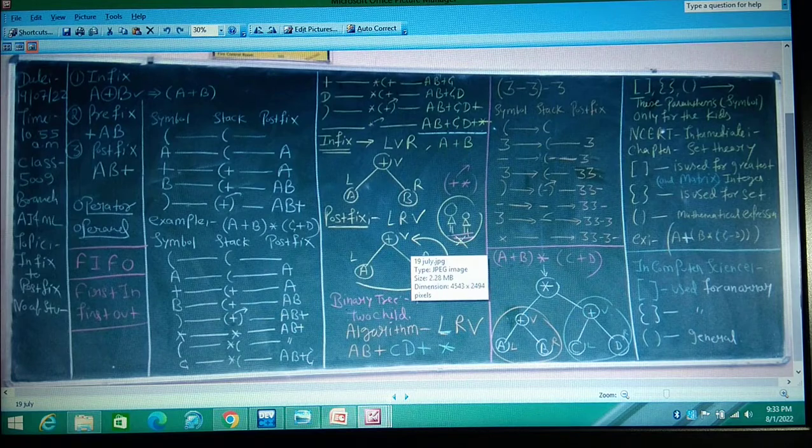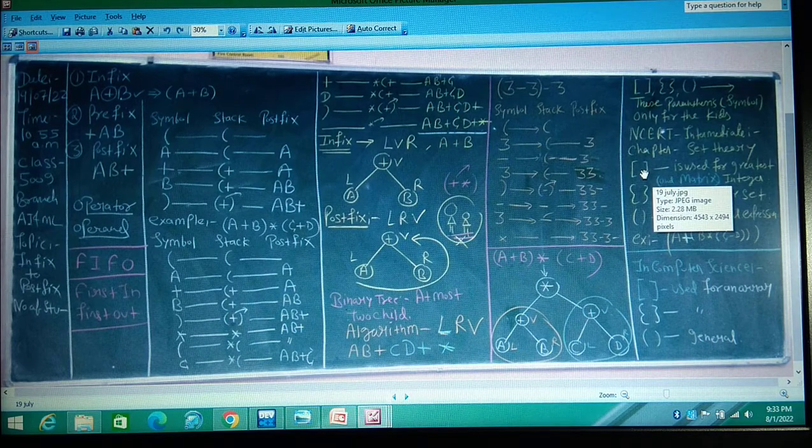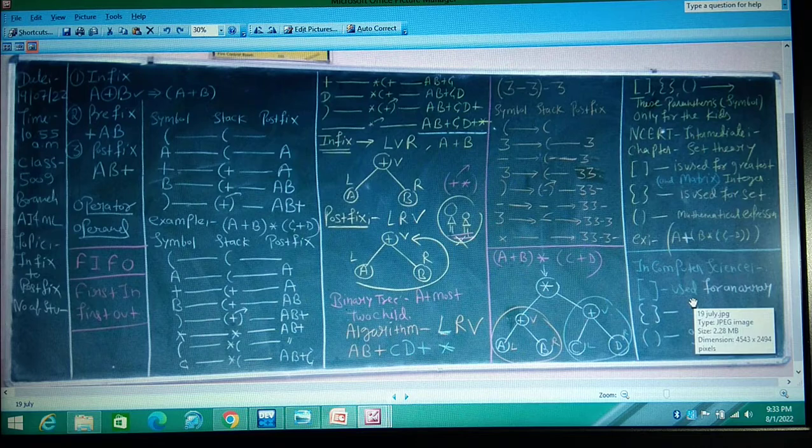Some students asked why you are not using other symbols, only one kind of parenthesis. In the higher classes you have to use only one kind of parenthesis. These other symbols are for kids; you already use them in matrices, the greatest integer function in mathematics, and also in set theory. So don't ask such silly questions. You are in a higher standard, so all the symbols are the same. In your higher standard, you have to use this method.